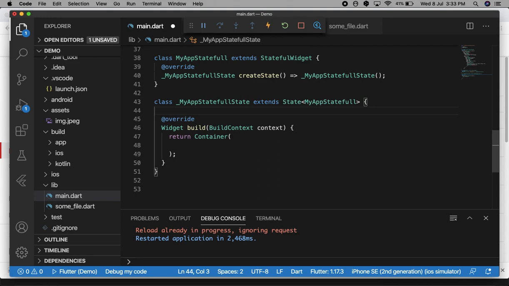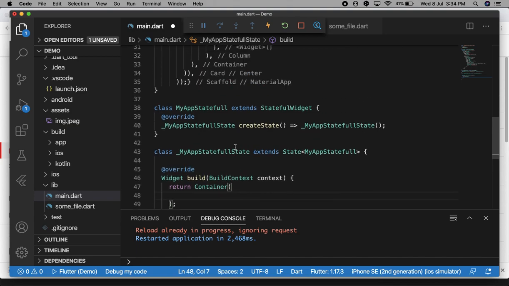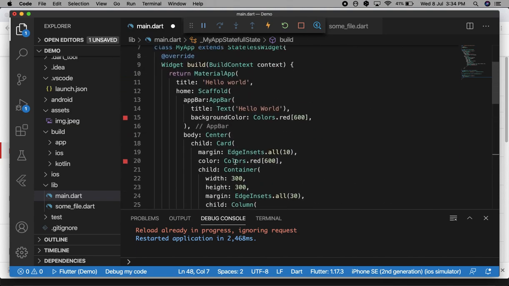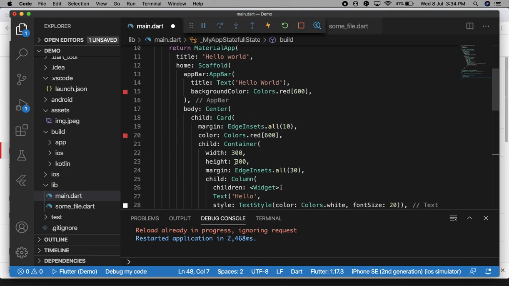I take a variable here. Like in the container, we can use the same widget here also.